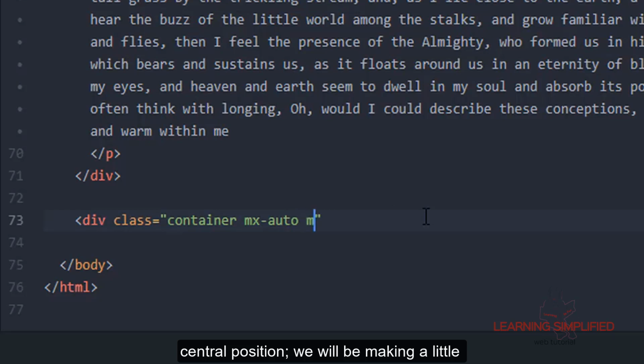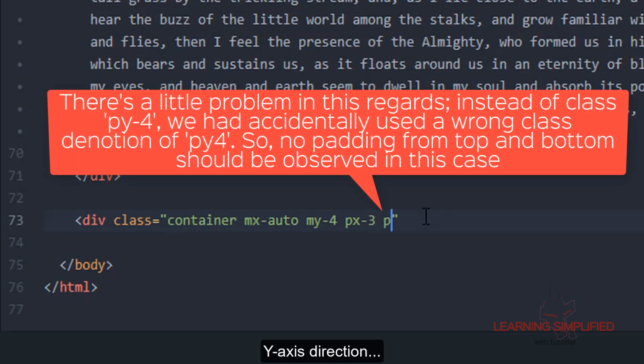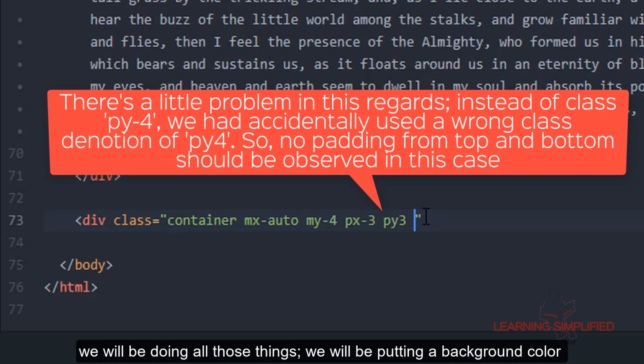We will be making a little bit of difference from the top, a little padding from the x-axis direction and from the y-axis direction. We will be doing all those things. We will be putting a background color.